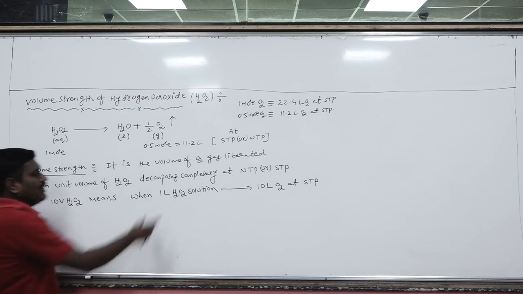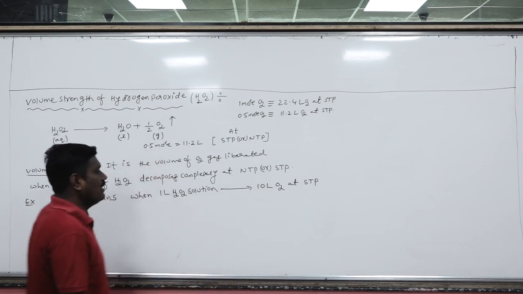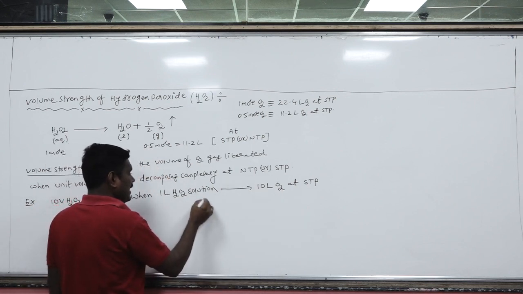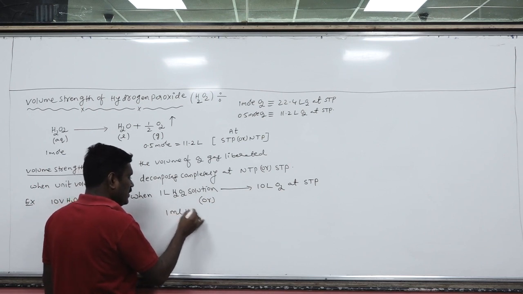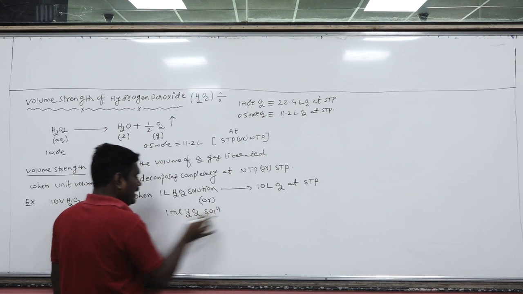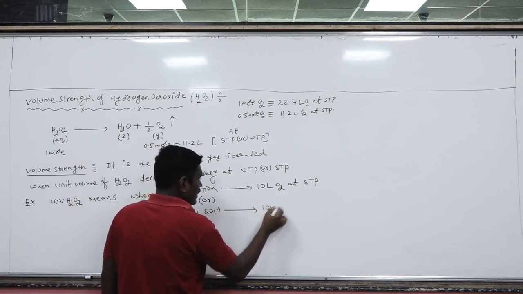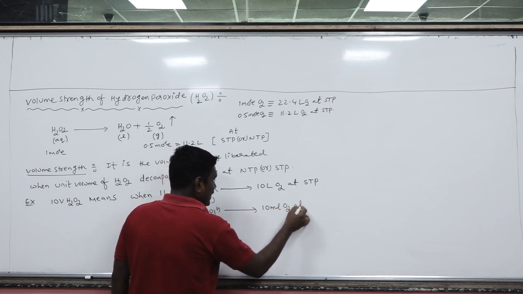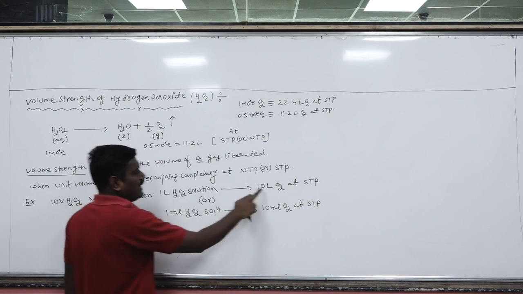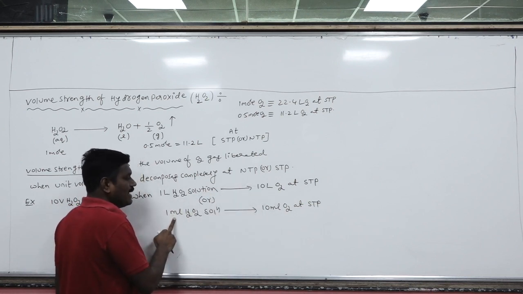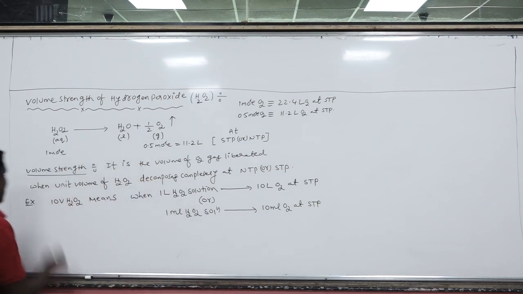Okay. So 1 liter of H2O2 solution decomposes to give how many liters of oxygen? Otherwise, we can also say 1 milliliter of H2O2 solution, when it decomposes, will give 10 milliliters of oxygen at STP. Because here 1 liter is taken, that's why I am taking 10 liters. Here 1 milliliter I am taking, that's why here I am taking 10 milliliters of O2. In a similar